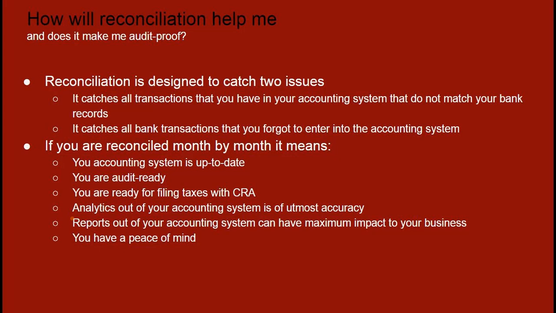The other issue, of course, is the reverse, where it catches all the bank transactions that you see in the bank, but you forgot to enter in the accounting system. So suddenly you see $1,000 extra in the bank, and your bookkeeping system doesn't see it. What does that mean? If it's trust related, maybe you failed to enter the retainer. If it's general related, maybe you've already deposited the checks, but you've not shown that transaction of accepting that client payment in this bookkeeping software. Right? So fundamentally, reconciliation does allow you to ensure that you're on top of these 2 pragmatic issues that may occur. It's just manual, it's human to have these issues.